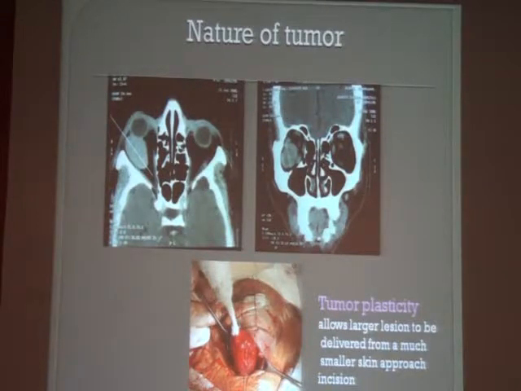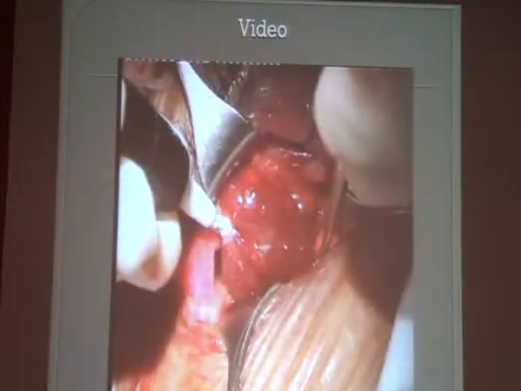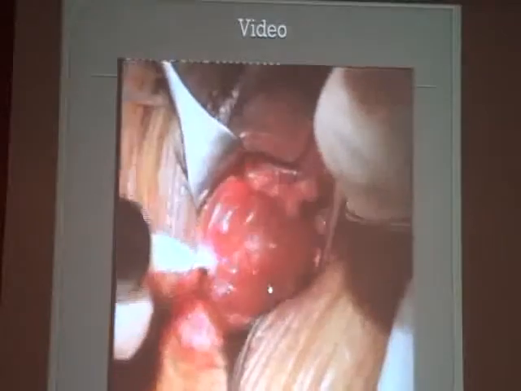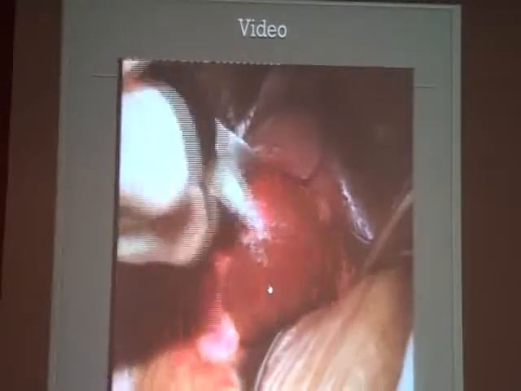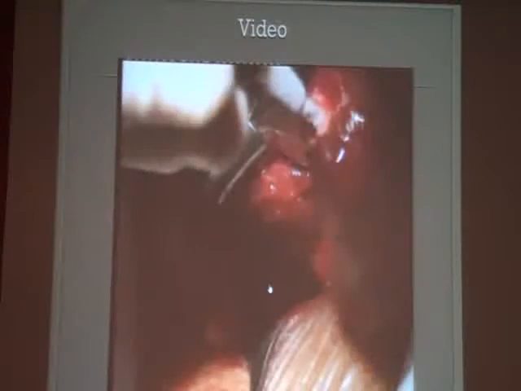However, if the same lesion was a very firm, hard lesion, then you would have to do a lateral orbitotomy over here. Here is a video showing a large lesion coming out from the anterior approach. You can see how large it is, and it has come out easily because, again, this is a cavernous hemangioma, and its anterior portion was presenting pretty anteriorly, so we could just apply a cryo and do a cryo extraction.